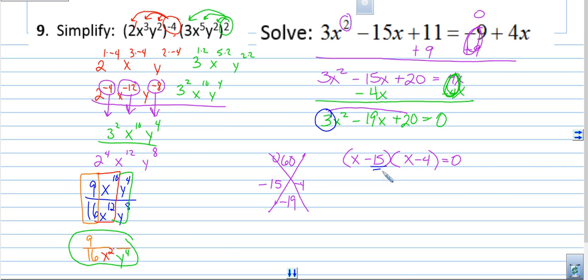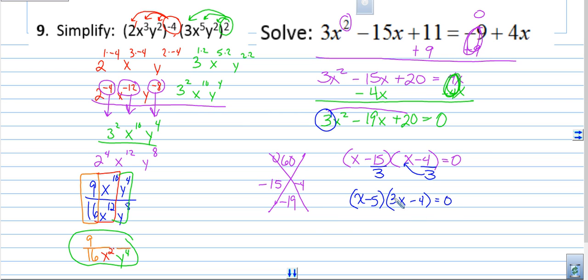You gotta divide. That's slide, divide, bottoms up. Okay? So you gotta divide by this 3. Okay? Well, 15 divided by 3 is 5, so you get x minus 5. And then 4 divided by 3 won't reduce. Okay? And so bottoms up. So you got 3x minus 4